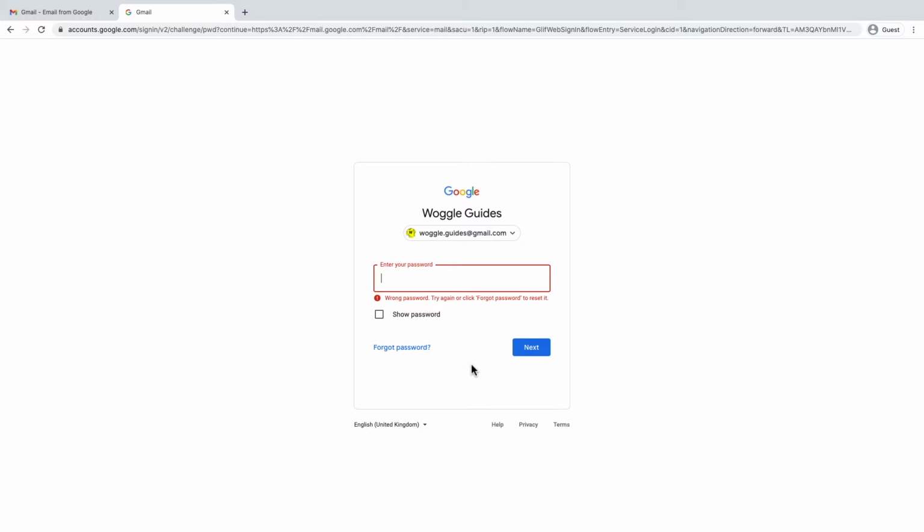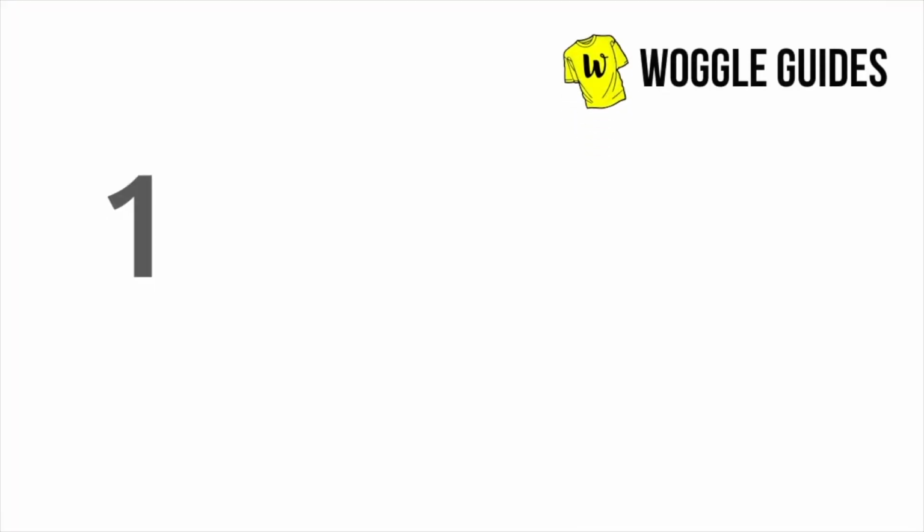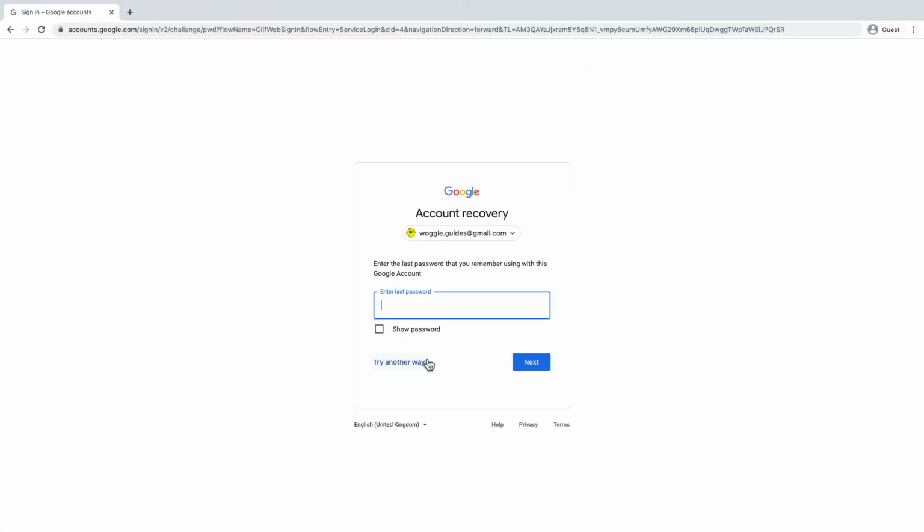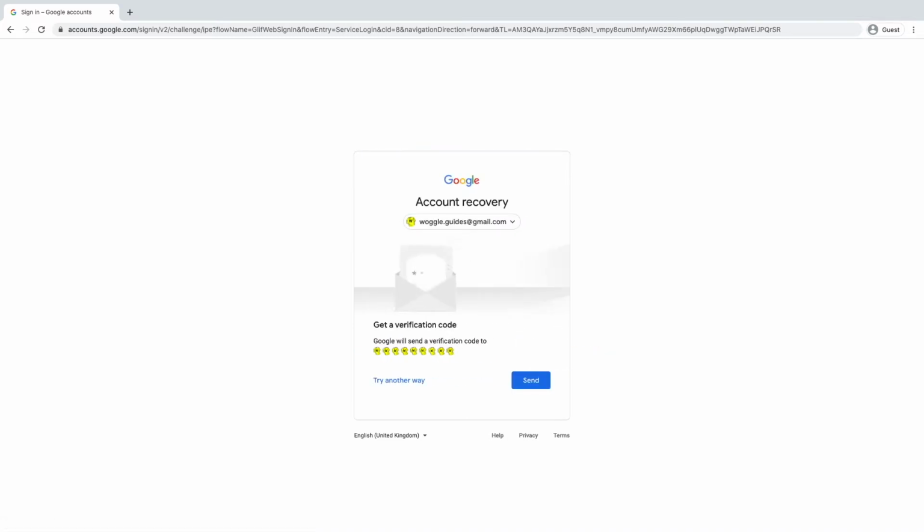So let's get straight into the first method by which Google allows you to reset your password. And we do that by clicking on Forgot Password. So first up, we can try and use an old password. Google allows you to use any of your historical passwords just to verify that it's you that's trying to access the account. So if I enter in one of the passwords I've used some time ago on this account, you'll see the process is pretty straightforward.